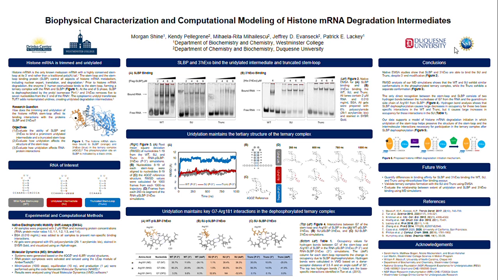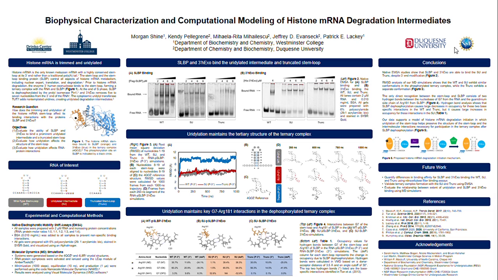1 microsecond. Each of the 3 stem loops has been simulated in 6 different protein binding conditions, which include the RNA by itself in a water box, the RNA bound to SLBP in both of its phosphorylation states, the RNA bound to 3' hexo, and the RNA bound to both proteins in the ternary complex, again with both phosphorylation states of SLBP. Figure 3 in the middle of the poster summarizes some of the results from the phosphorylated ternary complex